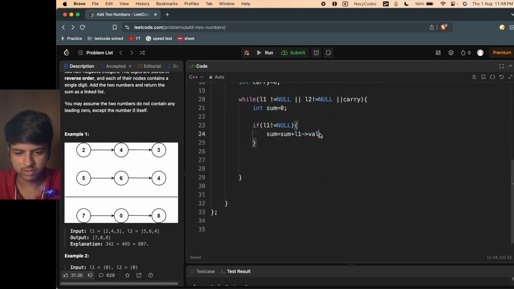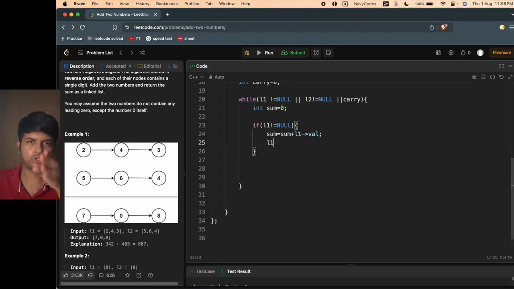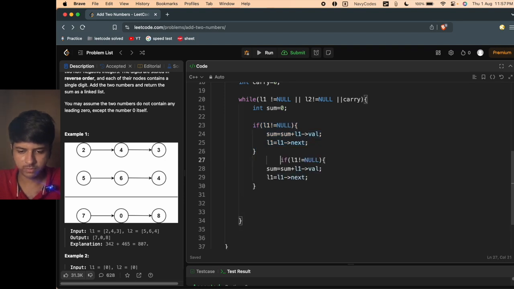So we need val, and we'll just push the position of L1 pointer to the next, L1 equals L1 next. Same here for L2. If L2 is not equal to null, then sum is sum plus L2's value, push the